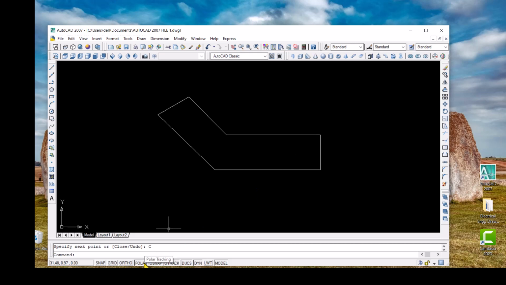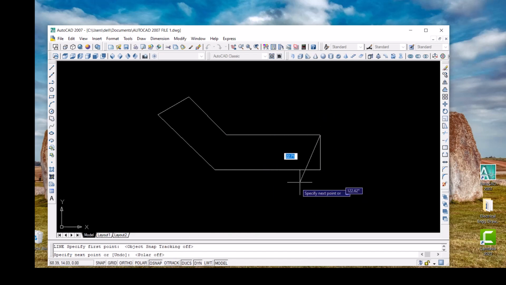If we turn off the polar and the tracking options, there will be no tracking. We can track different important points, like if I give the line command, L enter, here we can see we can get the midpoint. Here we can get the endpoint. So these are the important points which can be snapped. And if we turn off the auto tracking,